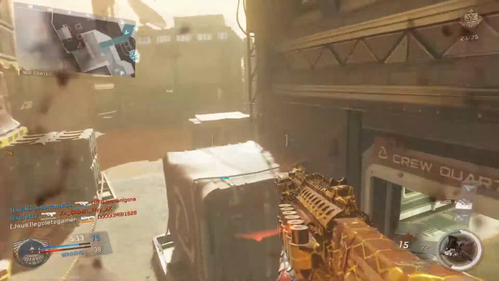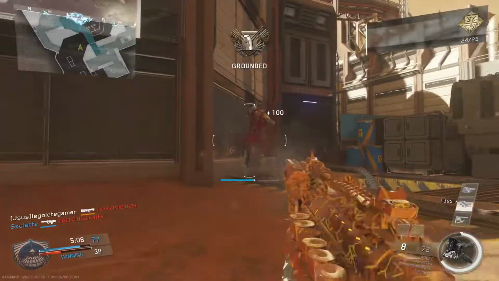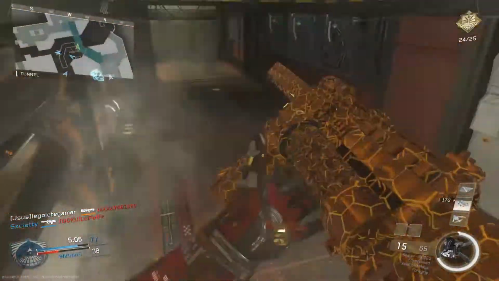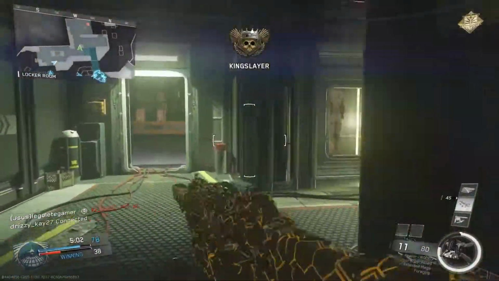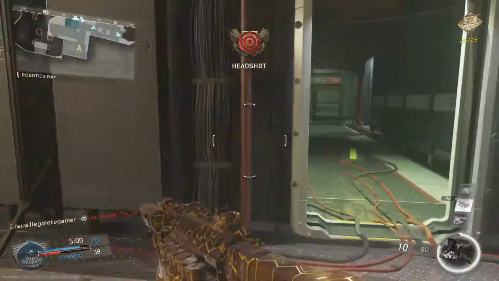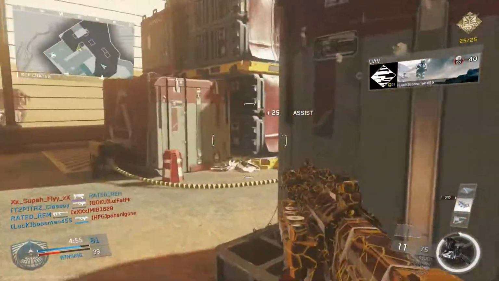Now the next attachment I run here is the foregrip. Now you might be asking yourself, why would you use a foregrip on a shotgun? Well, this is actually important with this gun because the recoil goes insanely high. You won't be ADSing with this gun anyway, you're just going to be hip firing, but I can still see that without the foregrip, when I'm hip firing people, the recoil goes up a lot,